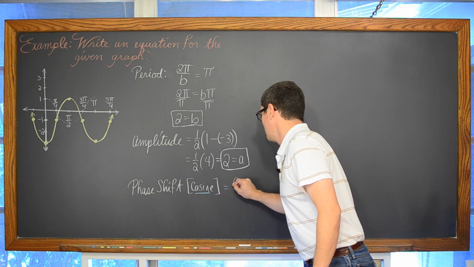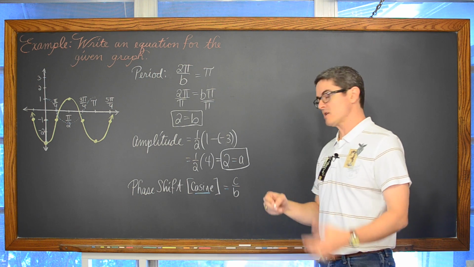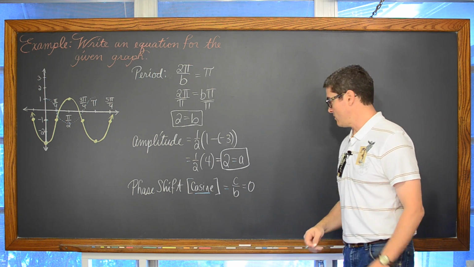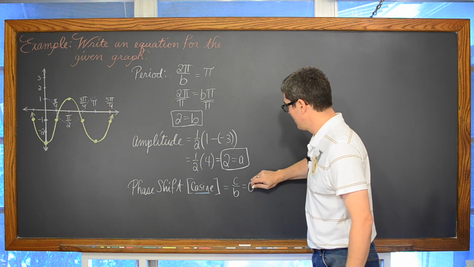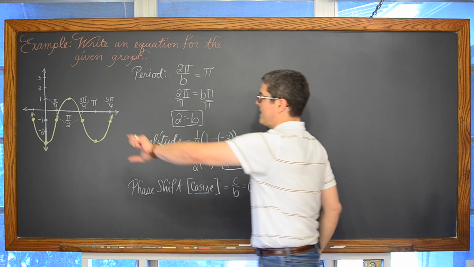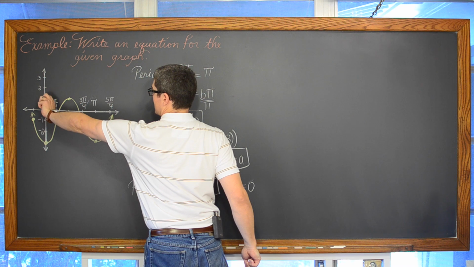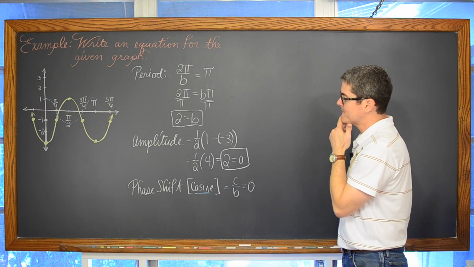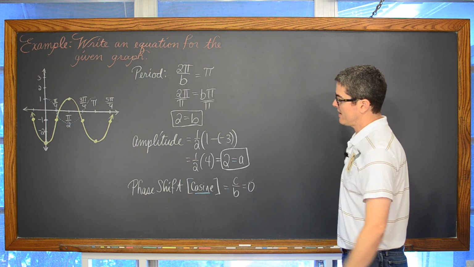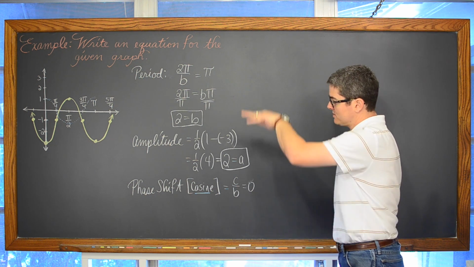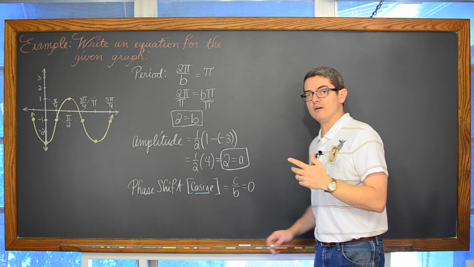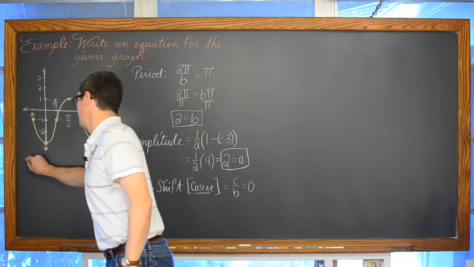So C over B, or whatever notation your textbook is using, at least for this first example, we're going to let it equal 0. And we're going to achieve that, making this line up, by doing a reflection over the x-axis. Now there's also a vertical shift, and I can see that, again, with my points, that it's been moved down 1, but in case you can't just see it with a particular graph that you're working with, the vertical shift